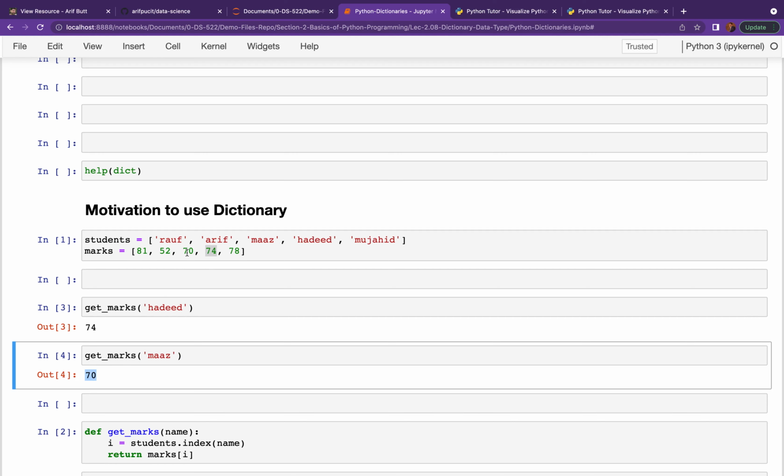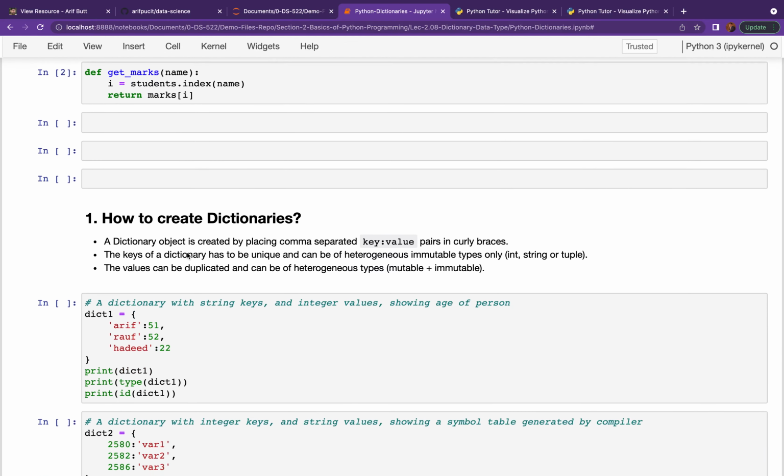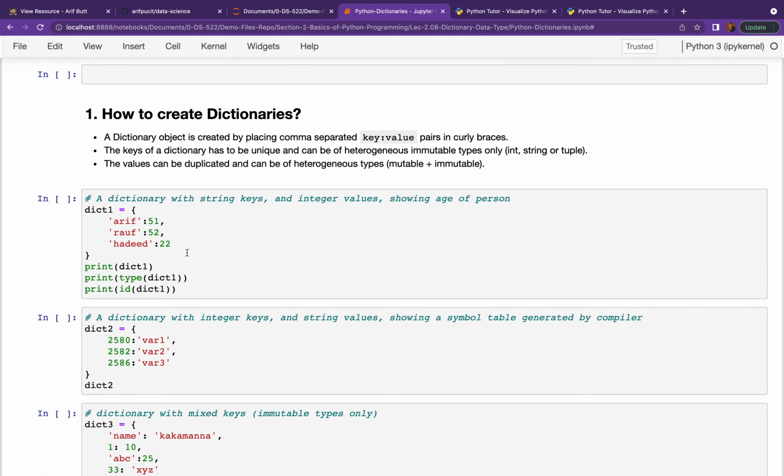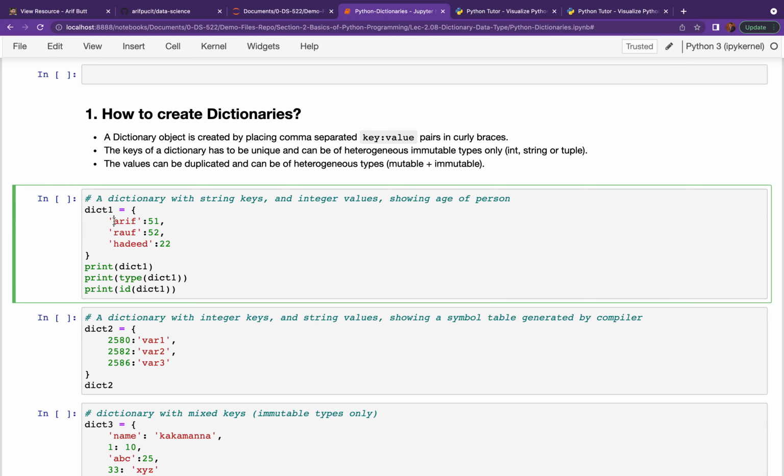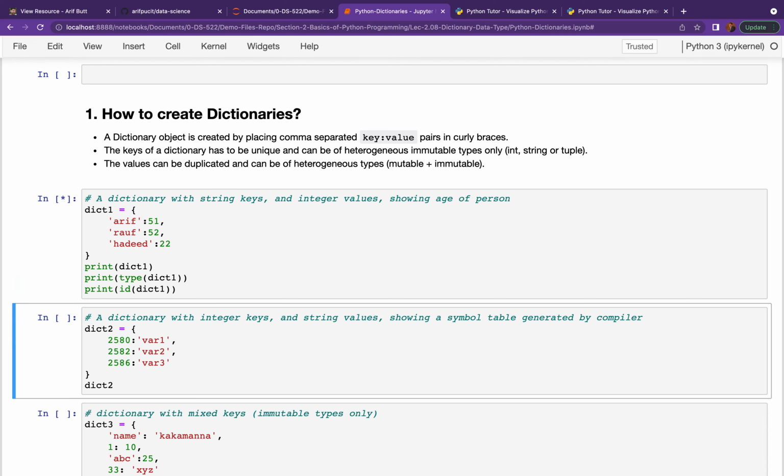The easier way of doing this is to use a dictionary. So how to create a dictionary? Well, a dictionary can be created using key value pairs separated by colon, and inside a dictionary we have comma separated key value pairs enclosed in curly braces. So this is our dictionary that I have created.